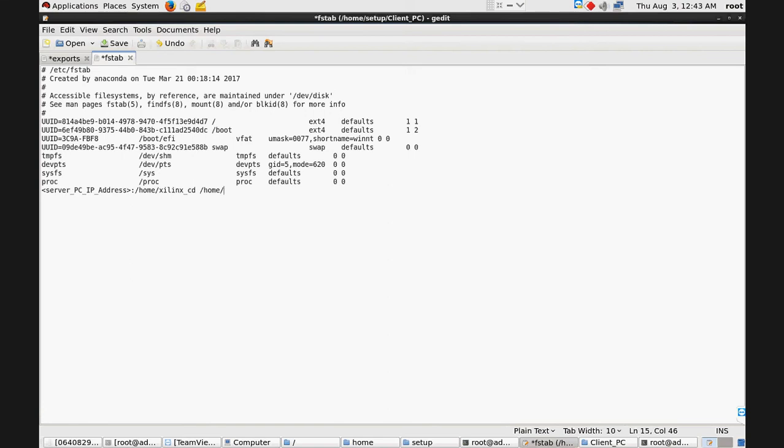So I want to mount in home, my tools. Having given the name my tools, we must create a folder named my tools. Okay, and then type nfs, then give a space and type defaults, space 0, space 0, and save it. Okay. Then after this,